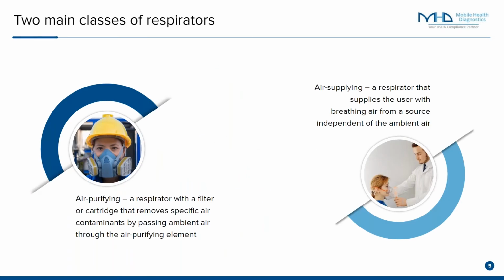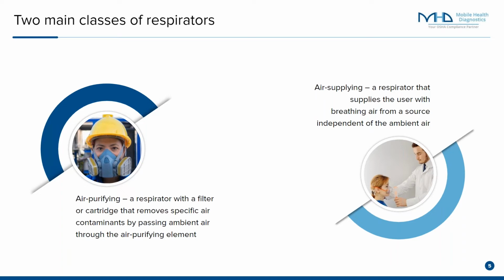So there are two main classes of respirators. The first is air purifying. An air purifying respirator is basically a respirator that has a filter cartridge, and it removes specific air contaminants by passing the ambient air, the air that's in the room or in the atmosphere, through a purifying element like a filter cartridge. And you can see on the screen the person with the hard hat, it appears, has an organic vapor cartridge because it's got kind of that olive color on there. So that would be a respirator that could be used in an instance where there might be organic vapors present